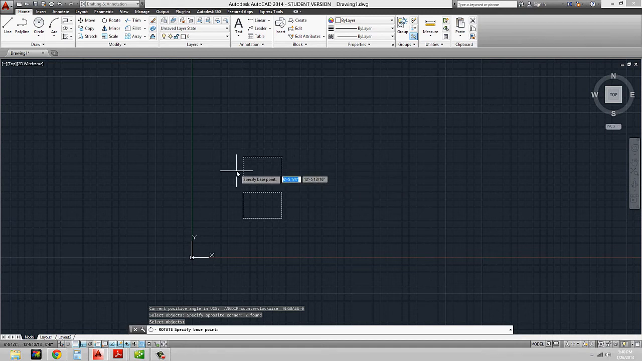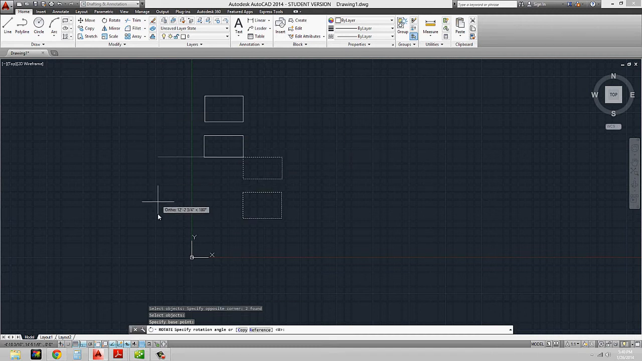When you start to work with AutoCAD, you'll get used to which base points you like to use. It might be an endpoint, it might be a midpoint. It really is up to you and how you start to work with the program. For this case, I'm going to use an endpoint, so I'm just going to snap it to the endpoint of the top rectangle. And my ortho is on, so you'll see that when I move my mouse, it constrains it